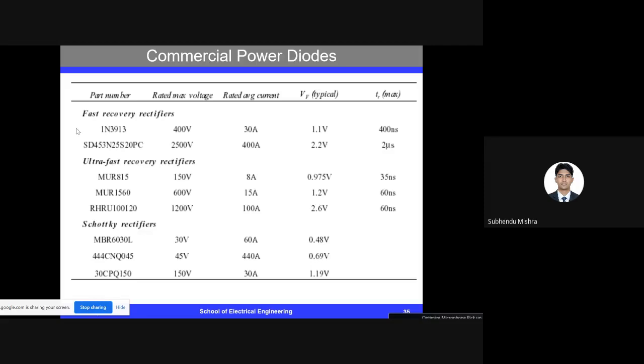Okay, so then we also have the Schottky rectifiers over here. So the Schottky rectifiers are there, and then you also have the ultra fast recovery rectifiers. These ultra fast recovery rectifiers are nowadays being used, and they are also called the silicon carbide rectifiers. So they have very small TR. Very ultra fast switching is possible, very high frequency switching is possible, and they also have low power losses. But again, the problem with these ultra fast recovery rectifiers is that they are very expensive. So the building of these ultra fast rectifiers is very expensive.